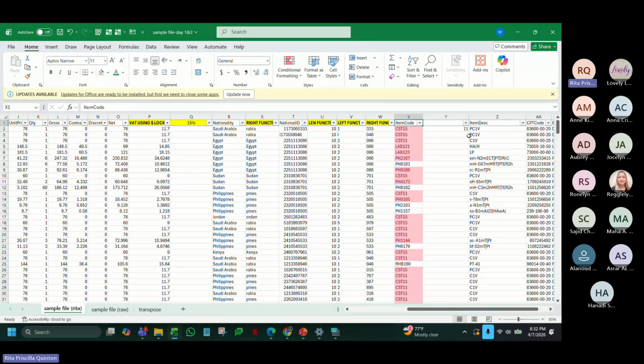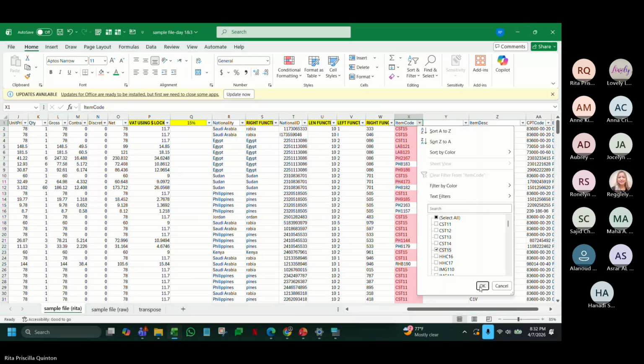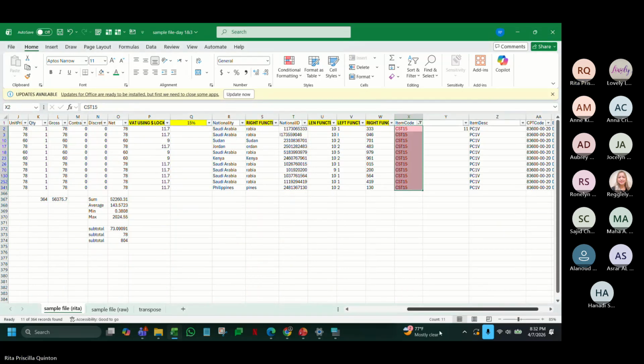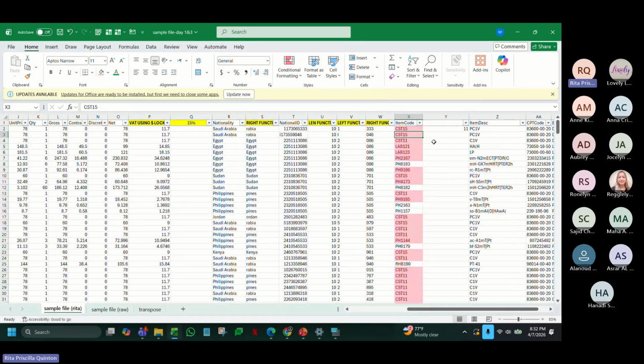I don't believe you, Rita. So go to CST 15 and then count. It's 11. Okay. This tool is actually useful for some of the data that you are working on, I believe. So keep in mind this function called COUNTIF.